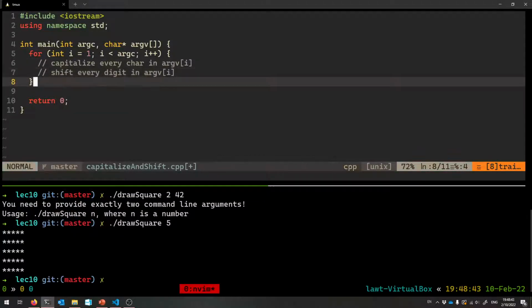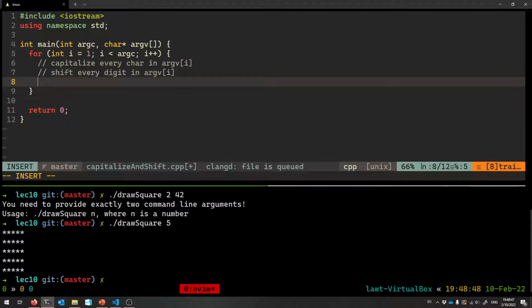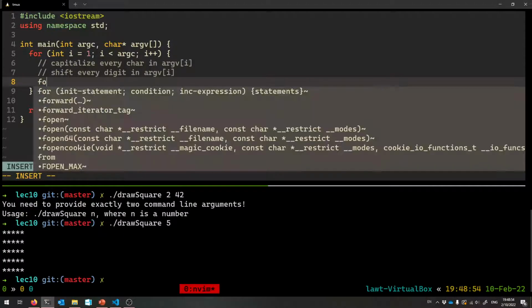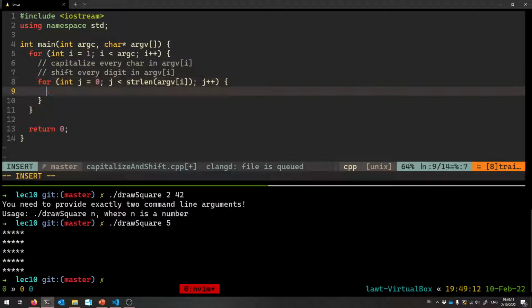Okay, that is how I want to do it. So here's what we can do. We want to iterate through argv of i, right? So for, what's the best way I can think about this? For int j equals 0, j is less than strlen argv of i. Maybe you want to use a second variable to put argv of i into something new. It doesn't matter, this still works. j++. And we want to go through and now update